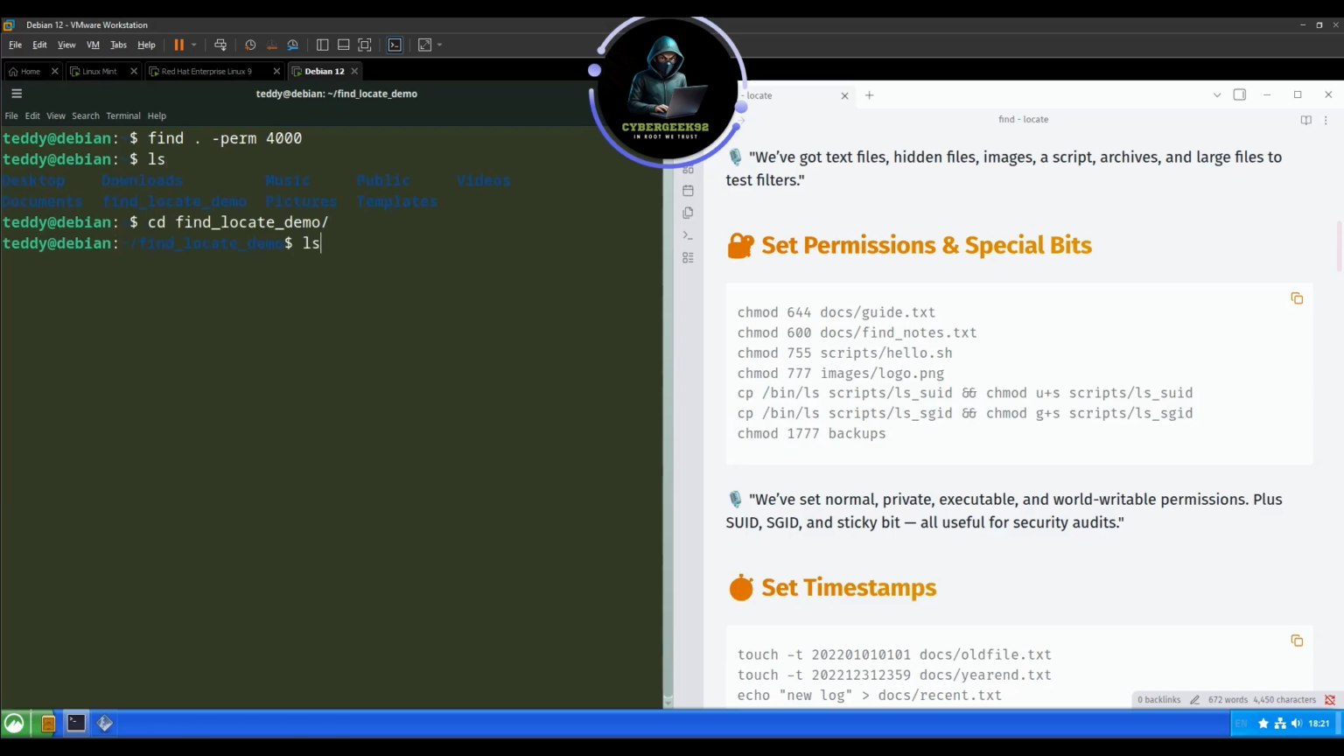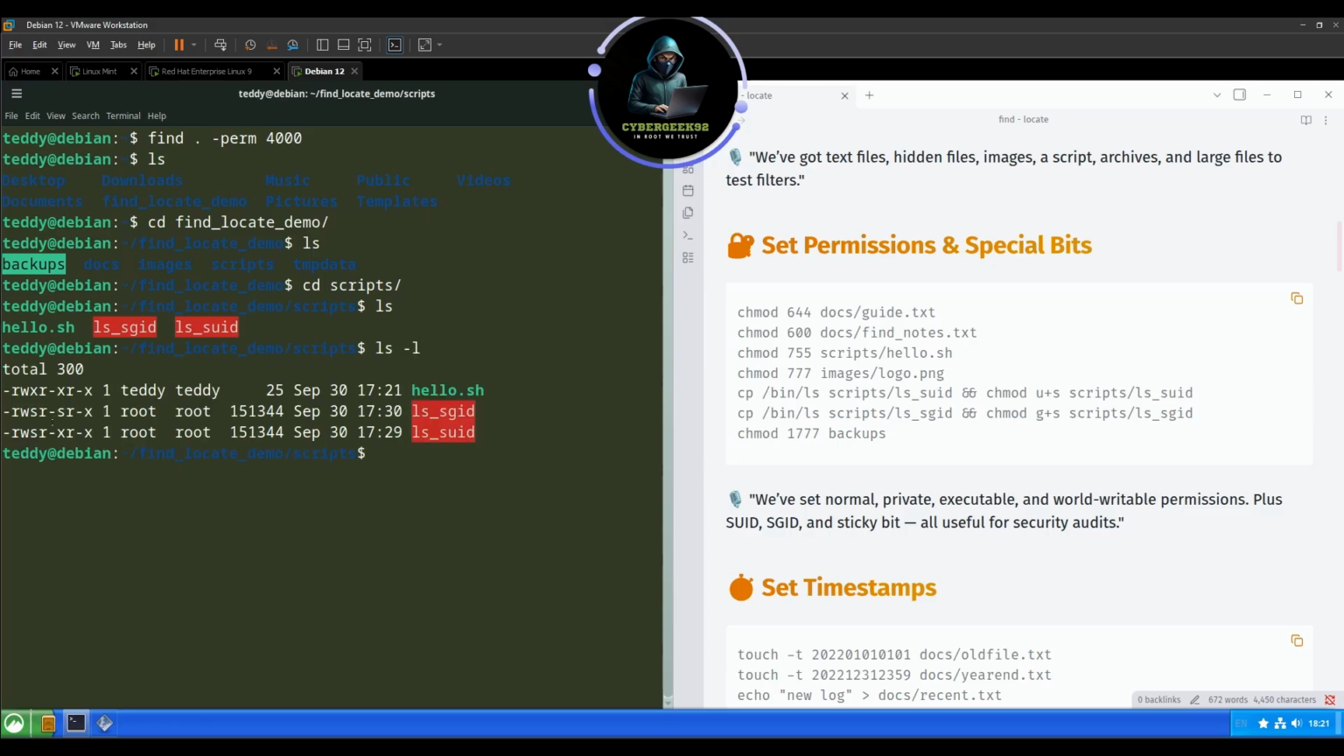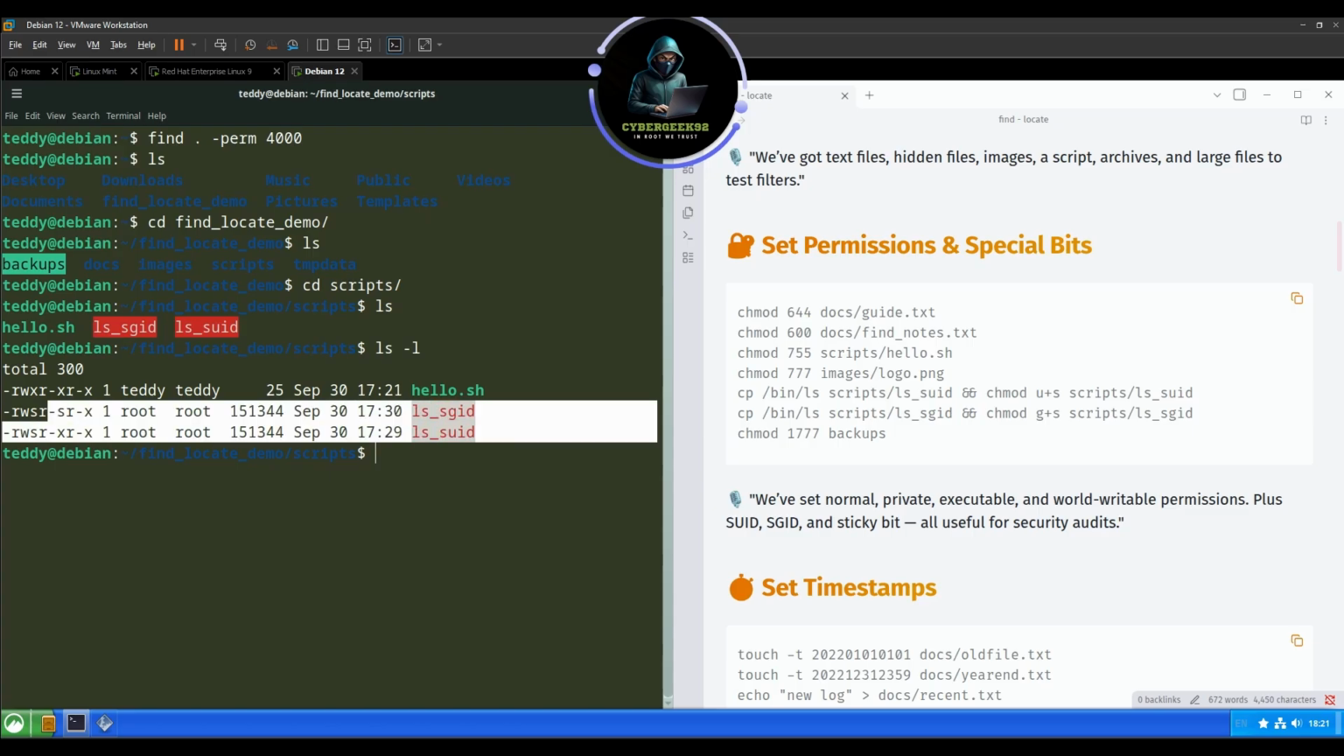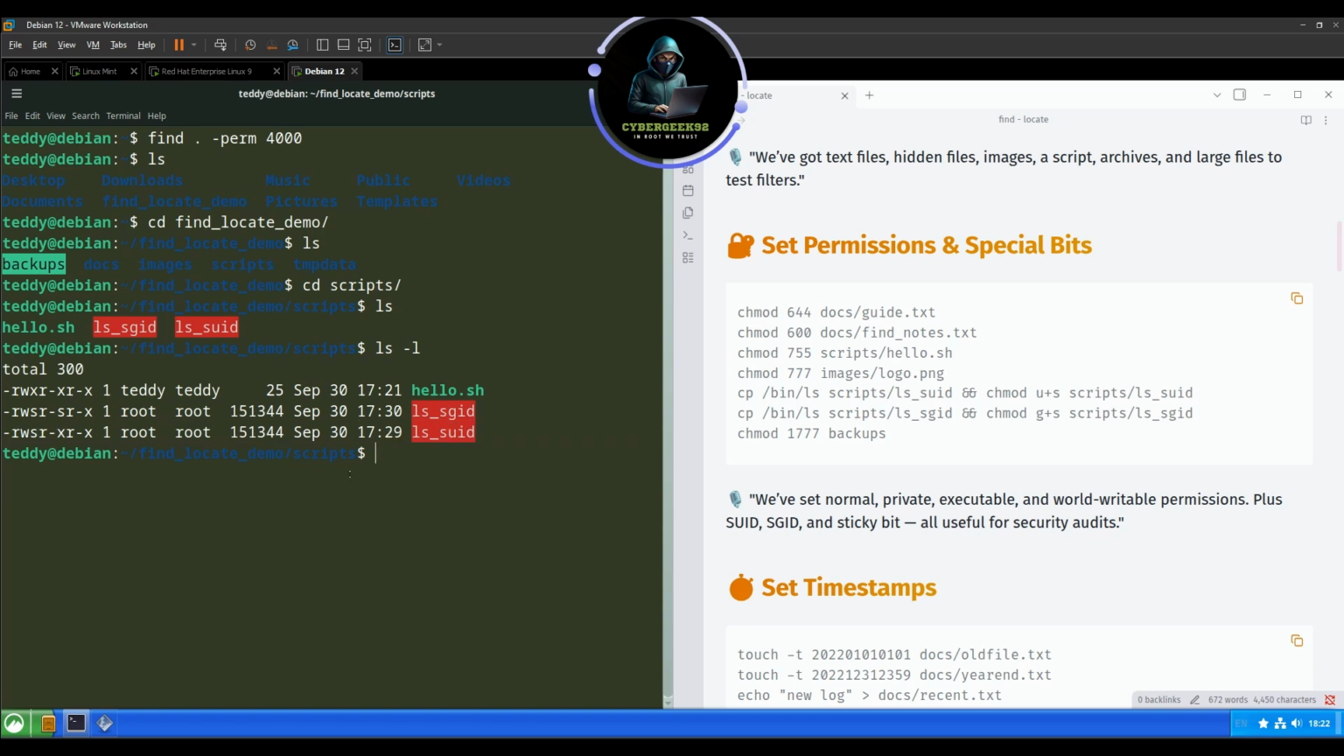cd find. cd script. This one does have the S bit, but it did not show up. Is that because I'm not using sudo? Find, perm 4000. It still didn't show up. I'm not sure why though, but